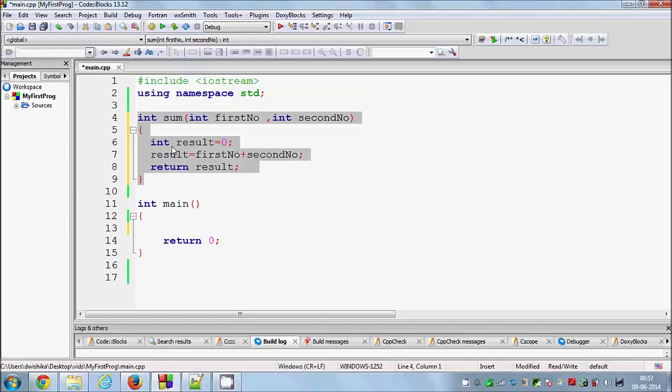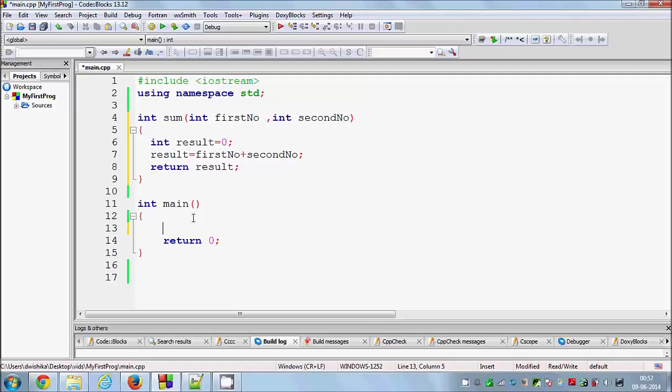Okay, so this is the basic definition to return from a function. If you want to return int, then you need to return only a variable which is of data type int. If you return here some decimal value, it will give you an error because this function is expecting an integer in return, right?